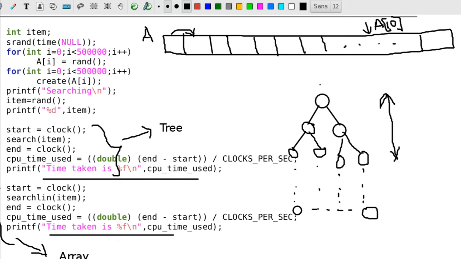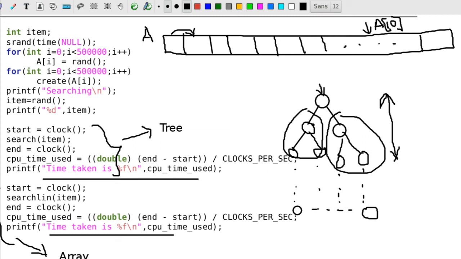First you will be checking if the element to be checked is less than or greater than the root. If it is less than, we will be checking the left subtree, and if it is greater, we will be checking the right subtree. So the number of checks will be lesser, very less, when we have a large number of elements compared to searching in an array, since it is a non-linear data structure.